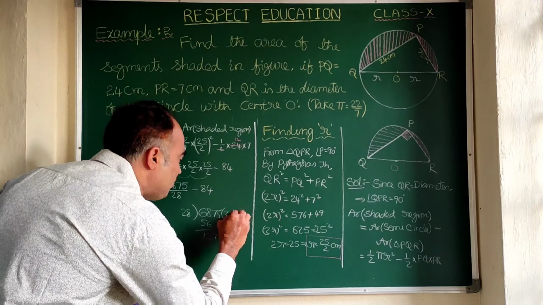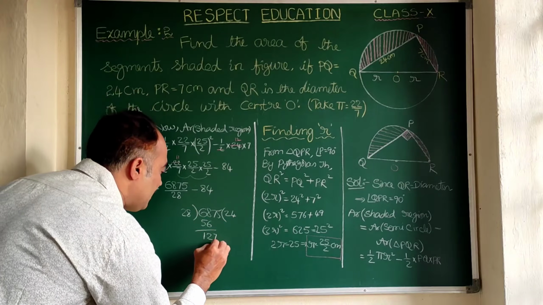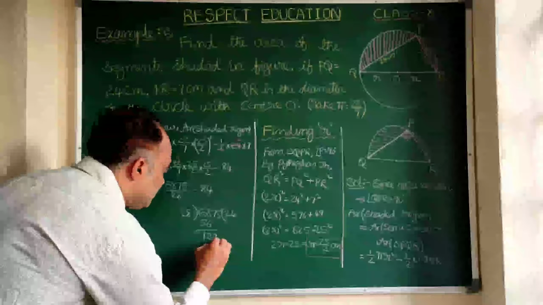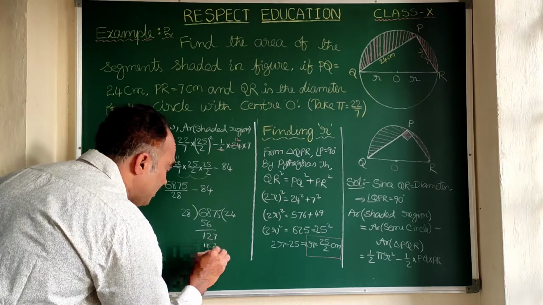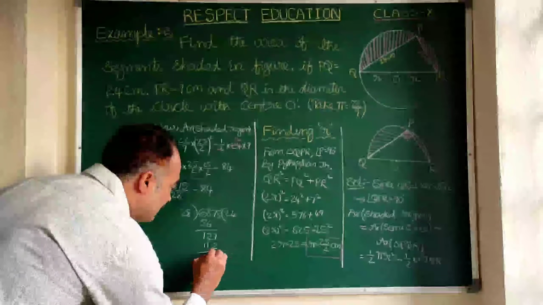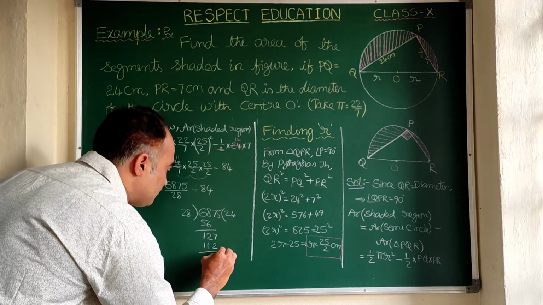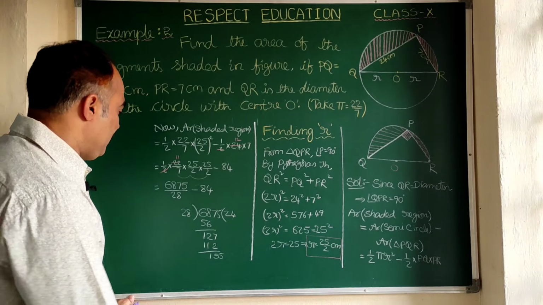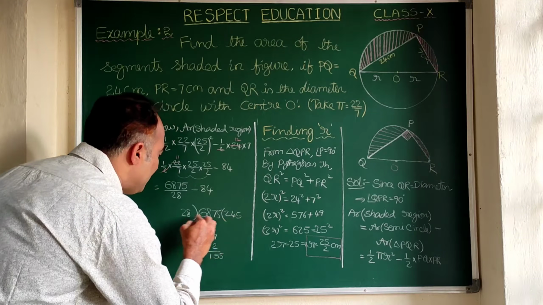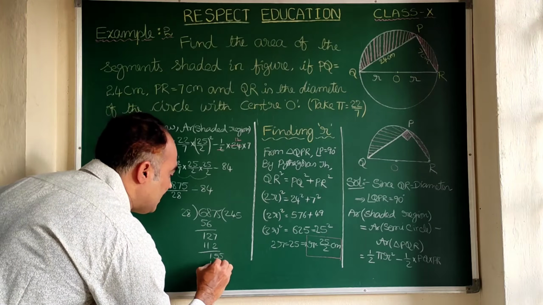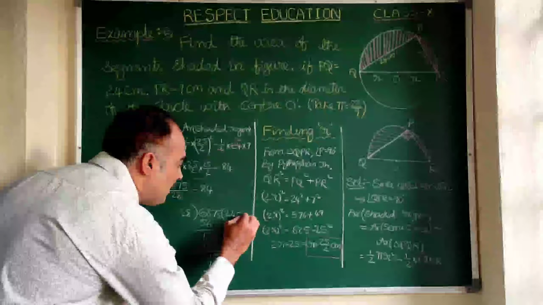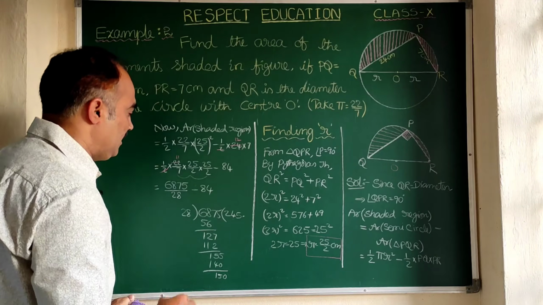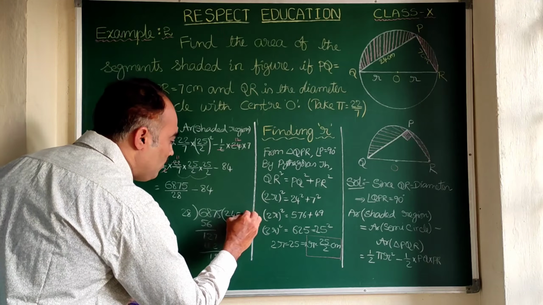So we can try with 4. 4 8s are 32, 4 2s are 8, 8 plus 3, 11. So on subtracting we get 5, this is 115. Let us drop this 5 here. Now we can take 5 times 5 into 28 is 140. Now on subtracting you will get 15. Here you keep the decimal point, here 10 we will get. So here we can take one more time 5 times.